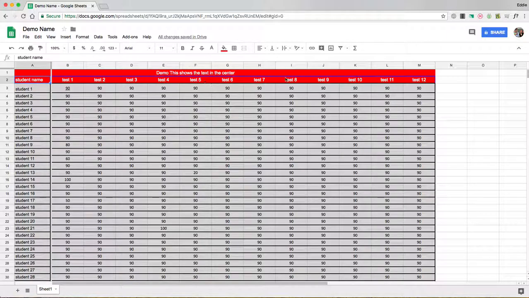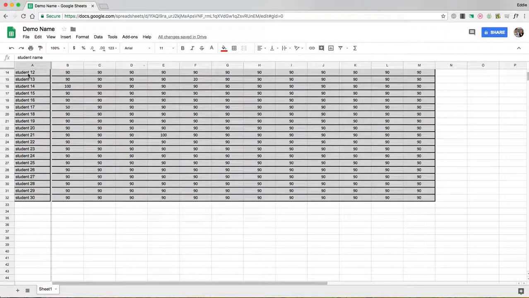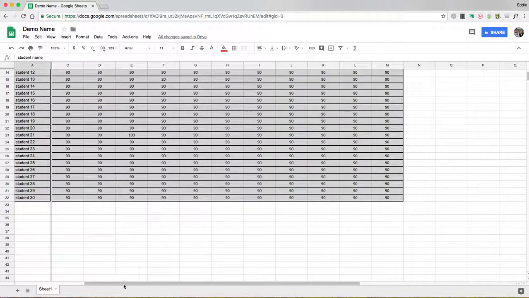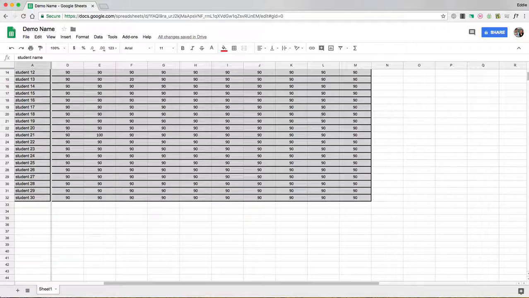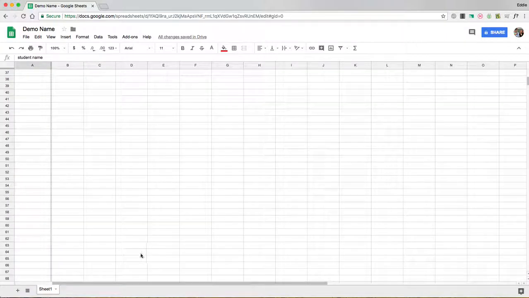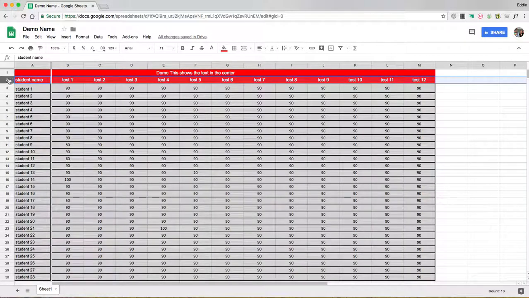What if I don't want to lose the test number? So if I scroll down, and yes, I can see student 12, and yes, I know this is test 1, but if I scroll over, well, I don't know if that's test 1 anymore, or if that's test 2 or 3. So the way to do that is go back up to the top, go down to row 2,